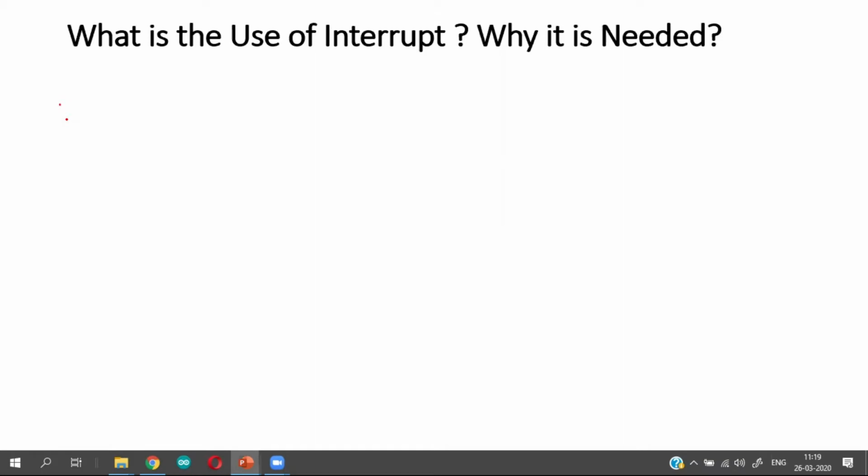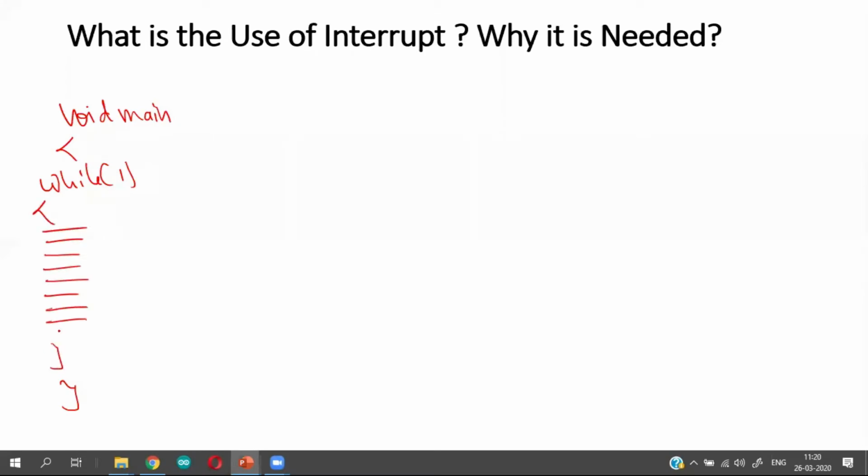So anyway, I am going to have my main program. I have my infinite while loop. And why don't you put all the source code, the entire application, here in the while one loop so that it becomes one unique piece of code?